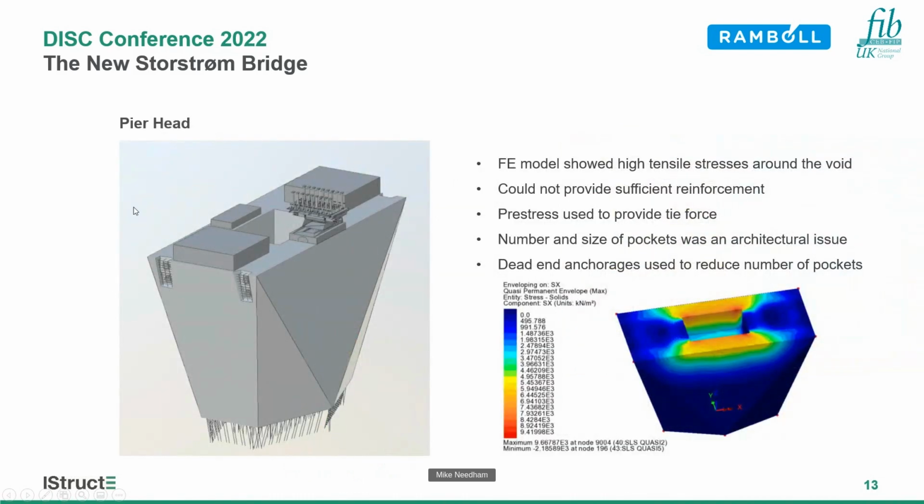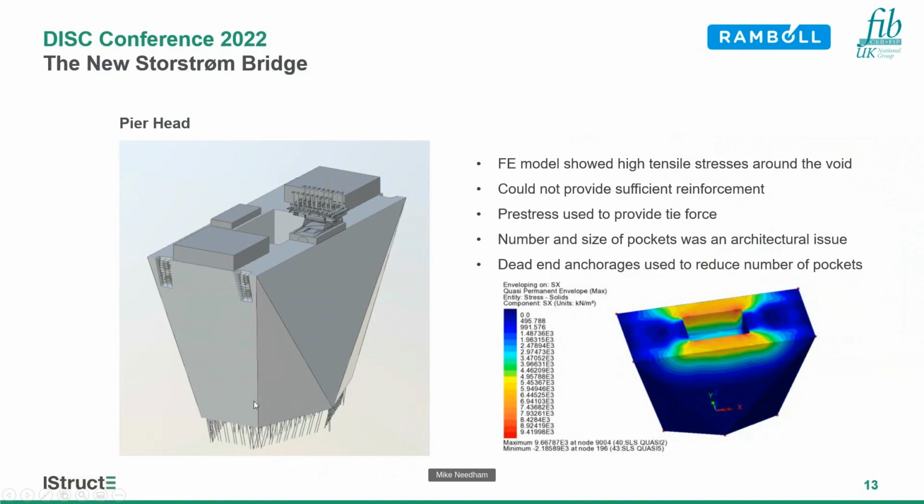So moving on to the pier head. The pier head is multifaceted, so it transitions from a rectangle at the top to a hexagon 5.3 meters down. And it also has an access void through the middle of it. The access void is increased in size at the pier head to allow space for a recessed inspection platform so that bearings and shear keys can be inspected